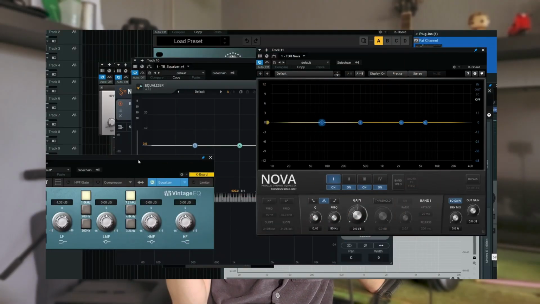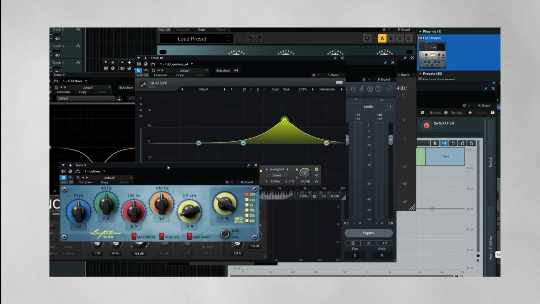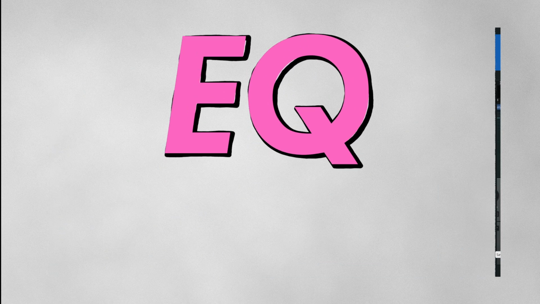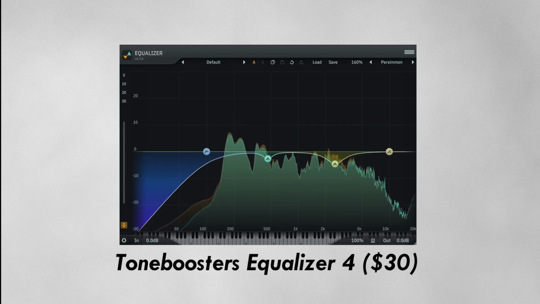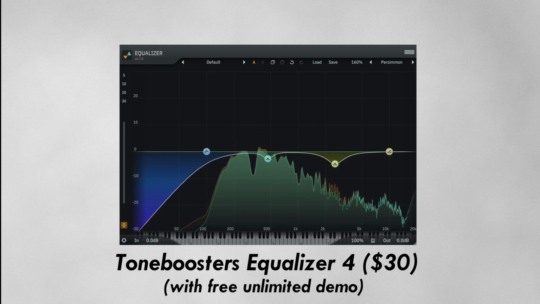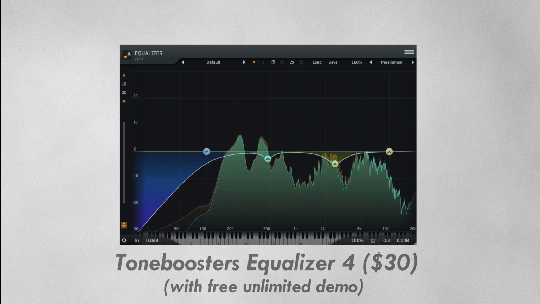We're also going to look at some plugin options that I like to use and talk about different types of EQ plugins and how to choose the right one. What does it do? Let's start by looking at a modern equalizer plugin. Just as a demonstration, I'm using Tone Booster's Equalizer 4, but any plugin that broadly looks like this will generally